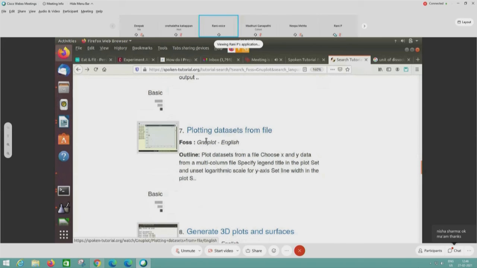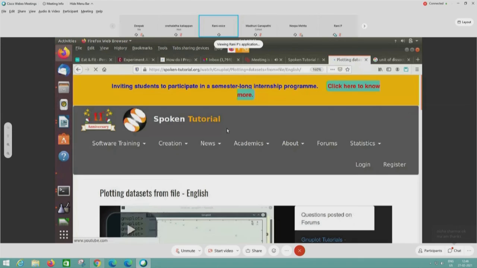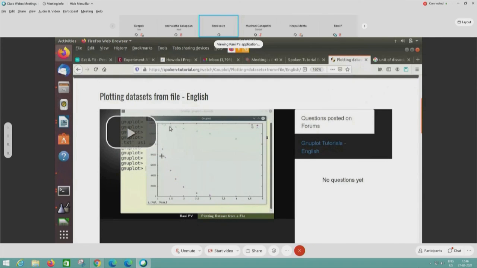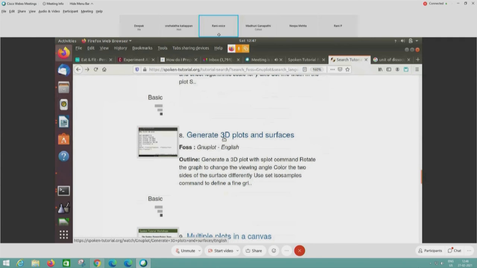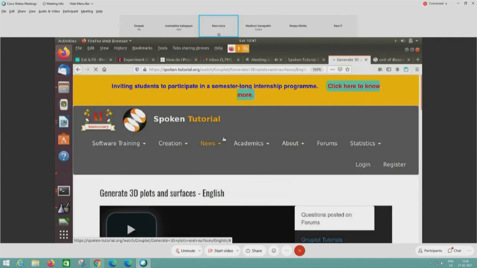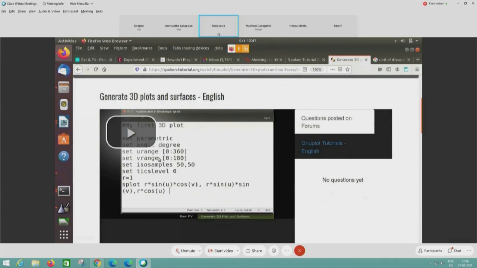The plotting data sets from file tutorial will help in making XY plots. So if we have several X and Y data, we can plot graphs from using in this tutorial. We will teach you to do that. The generate 3D plots and surfaces is an intermediate tutorial in which we will write very short, very simple scripts, such as this shown on the screen here.